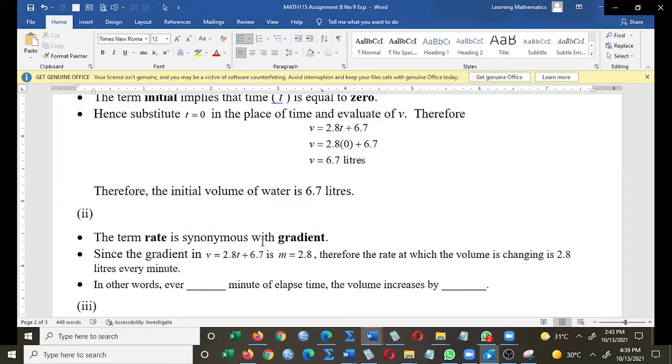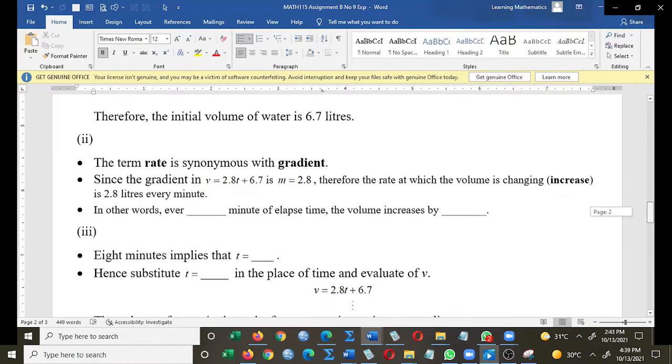So every minute the volume is changing. How is the volume changing? What kind of a change? An increase. Exactly. 2.8 is positive. So every time 1 minute passes, the volume increases by 2.8. So please get that clear. Okay. In other words,